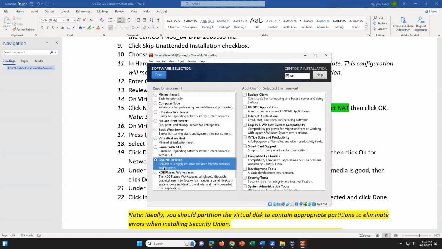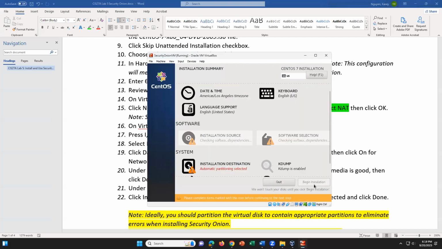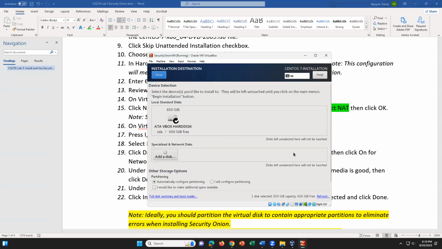So once we select the desktop, we're going to click Done. In the future, maybe you want to check these out. So we have done this part. Then we're going to do the drive. So this is where your disk drive partition is, right? Right now, just to make your life easier, I put down that you can use the automatic